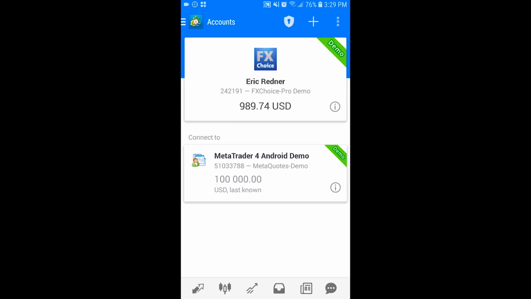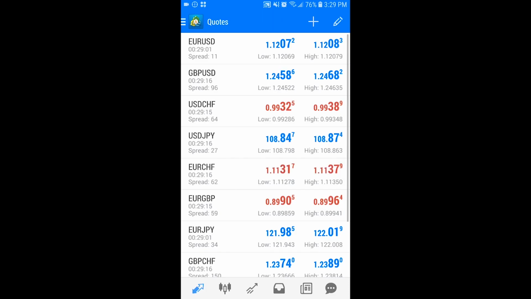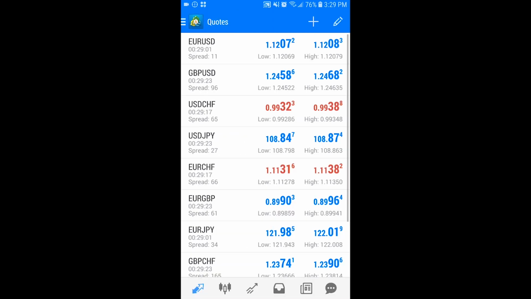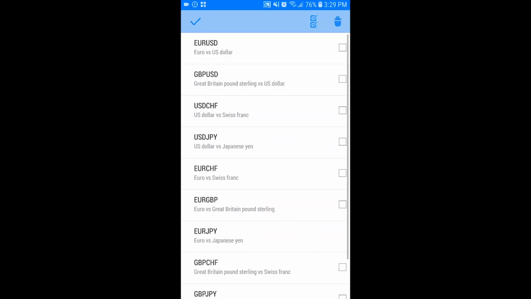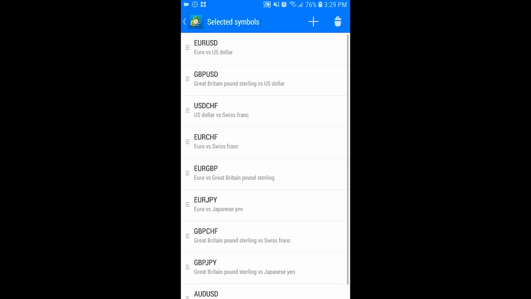On the farthest left one, the one with the 2 arrows, that's going to be the equivalent to the Market Watch tab. If you would like to add a currency pair, you can click the plus button and search for it and find it. If you'd like to delete a currency pair, you can press the pencil, press the trash can, and select the pair that you wish to delete, press the trash can again, and then back up and